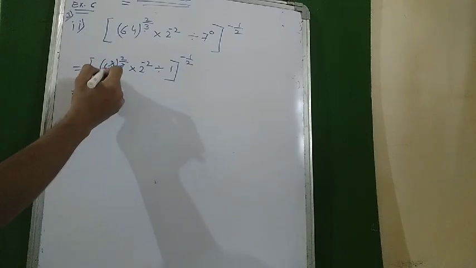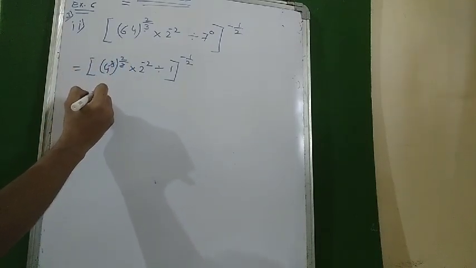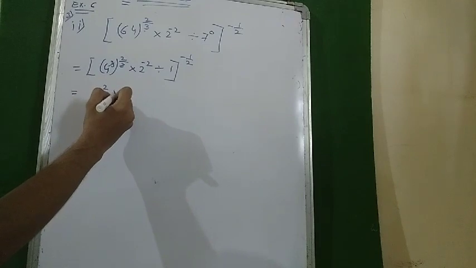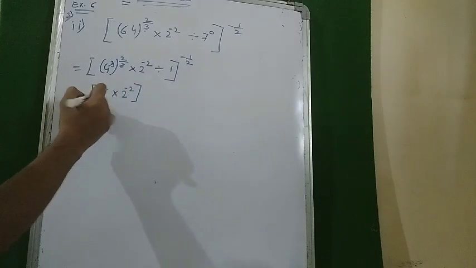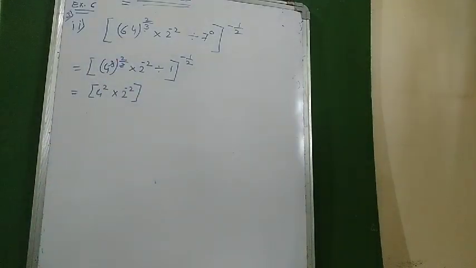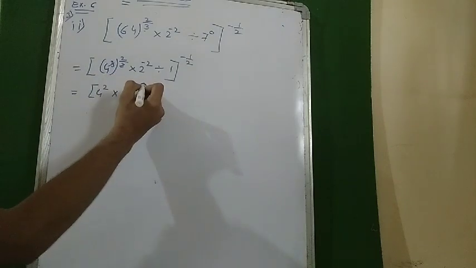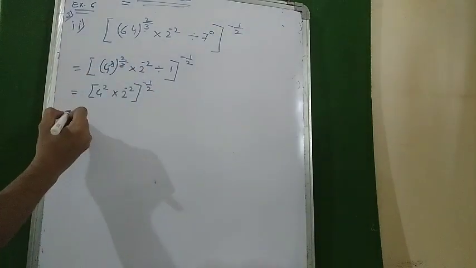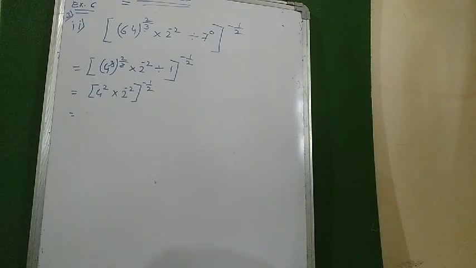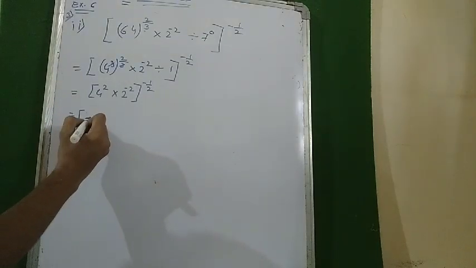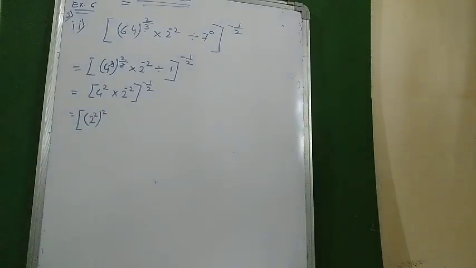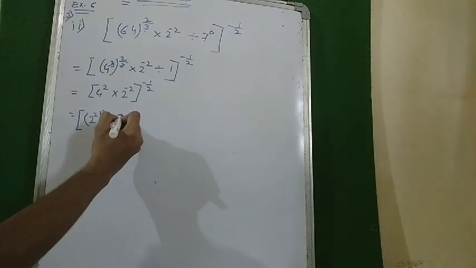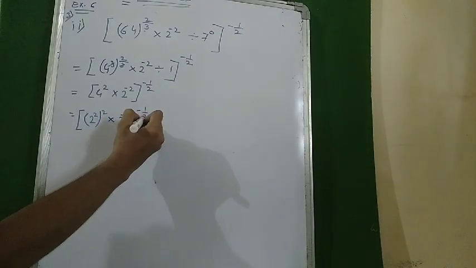So 3 gets cancelled. We have 4 raised to 2 multiply by 2 raised to minus 2. This minus 1 divided by 1 gets vanished because if 1 is there in the denominator, it doesn't have any value. Okay. So here 4 can be written as 2 raised to 2. Pay attention properly. 4 can be written as 2 raised to 2. Maybe I am doing it in a bit complex way, but I am trying to cover all the properties in the sum. Okay, 2 raised to minus 2 as it is, whole raised to 1 upon 2.